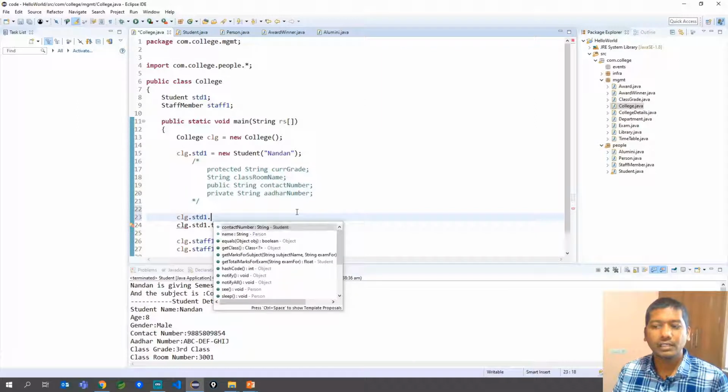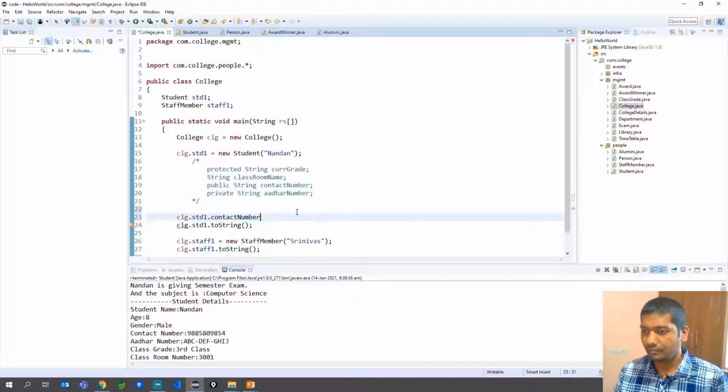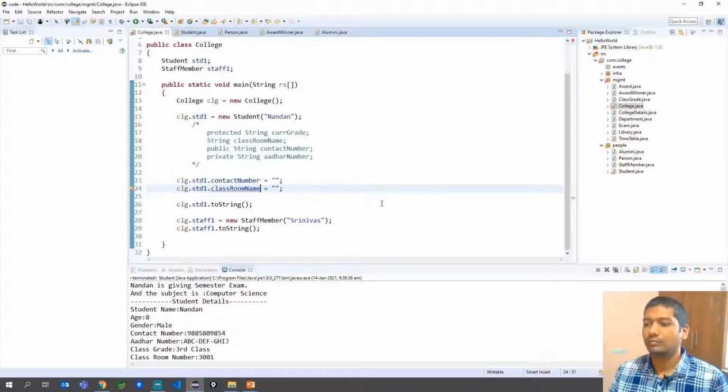If you see here, I only have contact number. I cannot access anything else because contact number is public and the rest are different data members, which is not allowed in Java to access if it is a non-subclass of a different package. If I try to access, it will throw a compilation error.